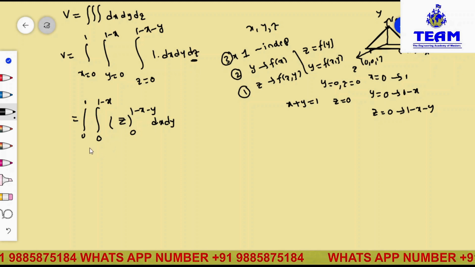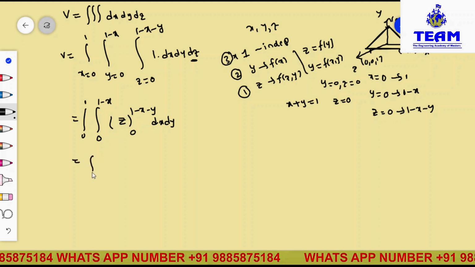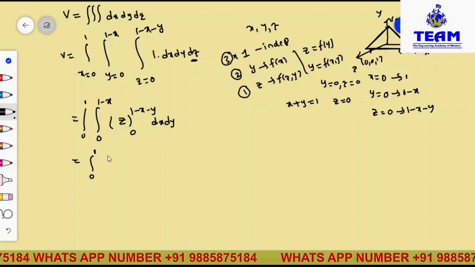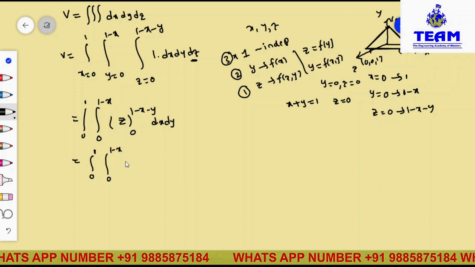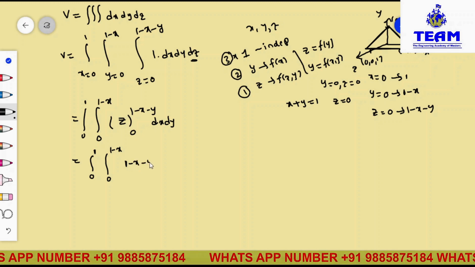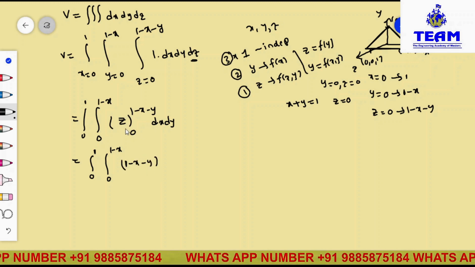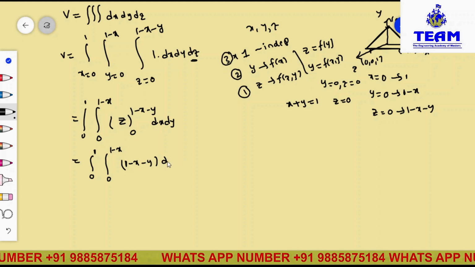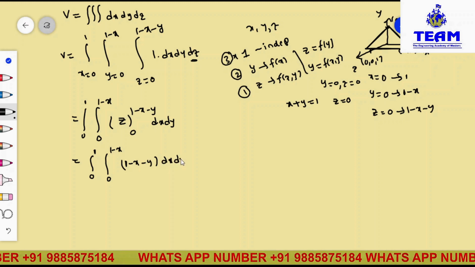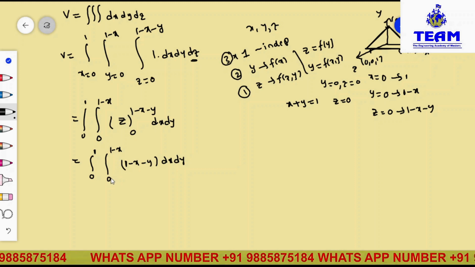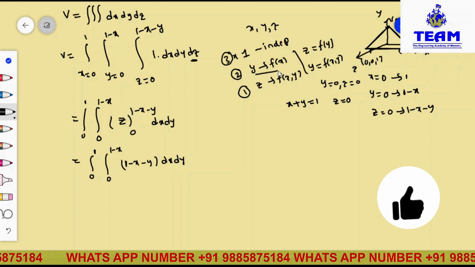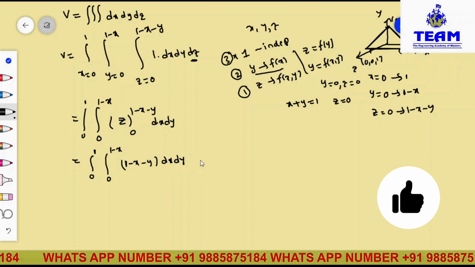Now you substitute the upper limit and lower limit. Then you will have the integral from 0 to 1, integral from 0 to 1 minus x. Now, upper limit, if I substitute, I will have 1 minus x. Lower limit is what? 0, so I am not writing it. Remaining terms, what do I have? dx. Now you have to integrate with respect to what? y, because y is a function of x. So I am integrating with respect to y.